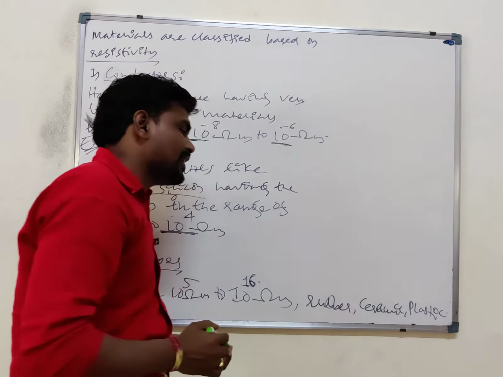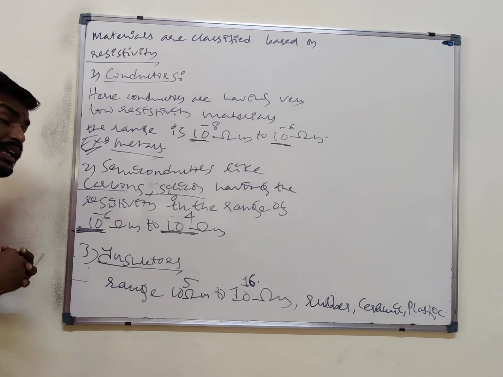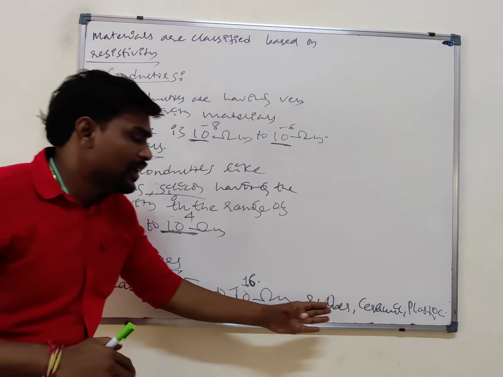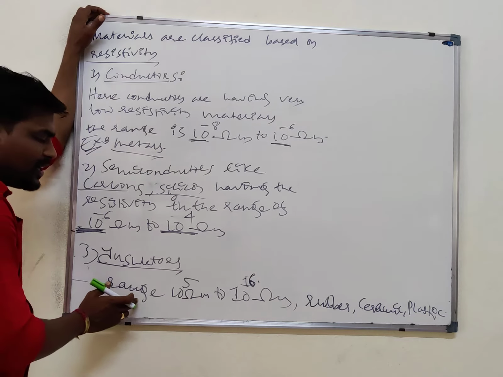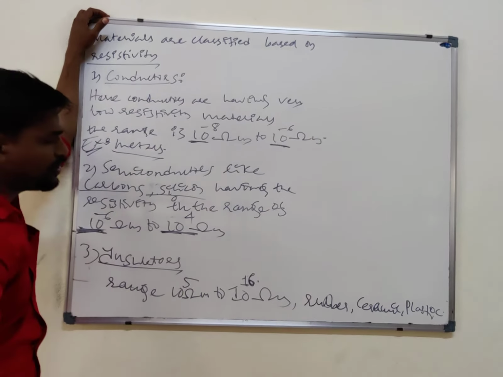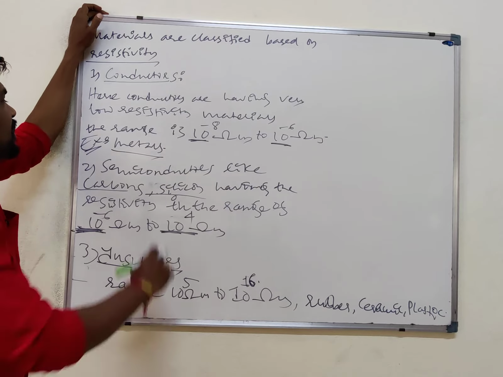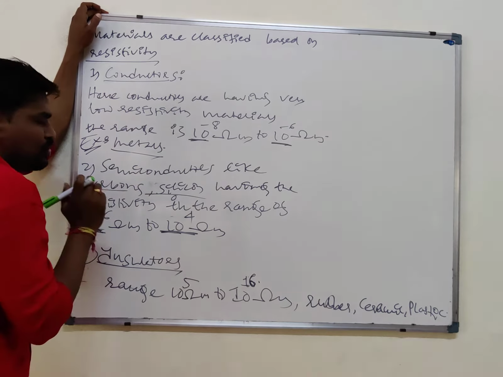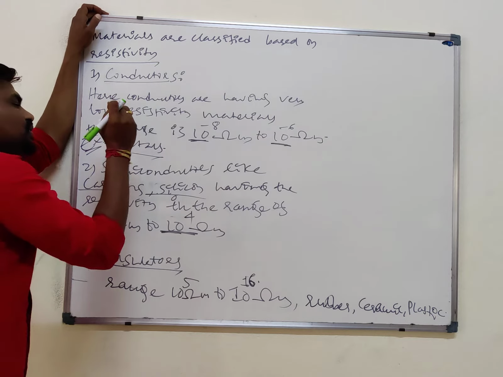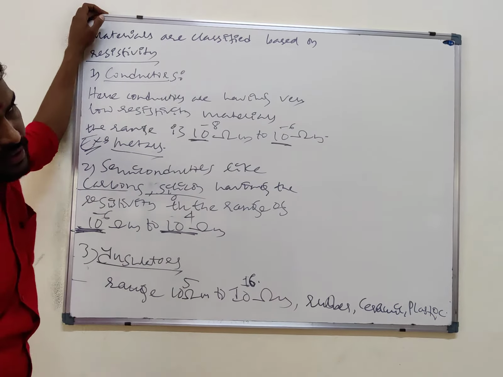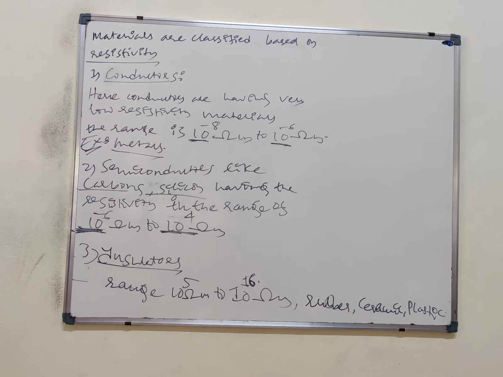So these are the examples for what? Insulators. We know the insulator example, right? The range is 10 raised to 5 to 10 raised to 16 ohm meter. Conductors, semiconductors, insulators. So those with low resistivity are conductors. Right? So after that one,